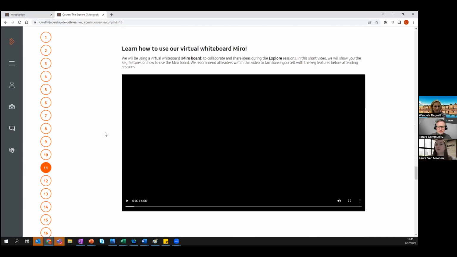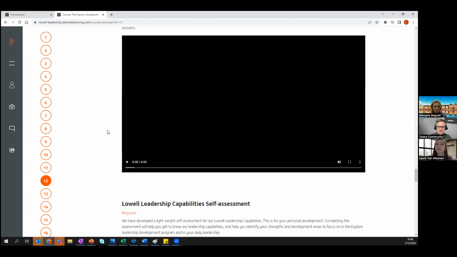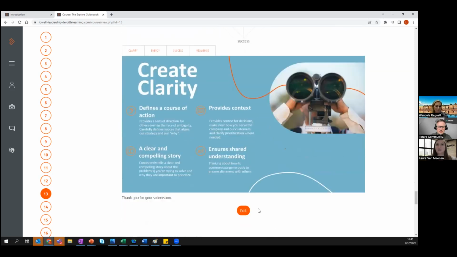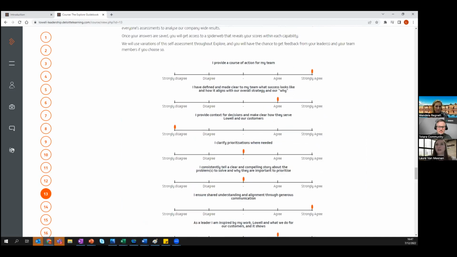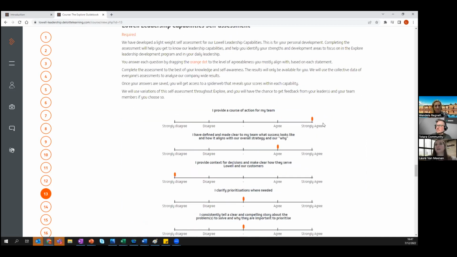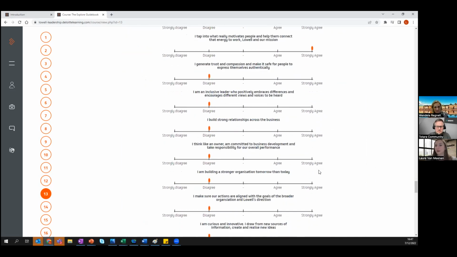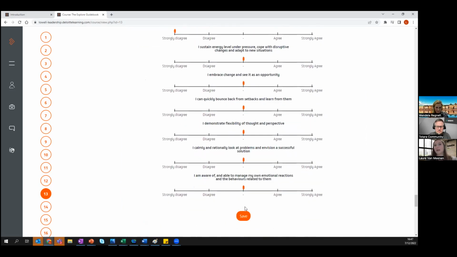A little video about how to use the Miro boards. And then we get to the self-assessment. I'll show you, if they enter this page for the first time, they will see it like this. So we have the statements, and we have a slider where people can slide what their answer is. And if they go through all the statements, they get the spider like they saw before. And the idea here, I'll show again,